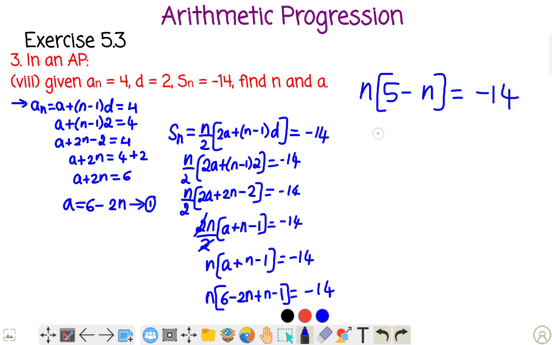So if I multiply and take out, n square is equal to -14. If I shift this n square and the other terms to the other side, I'll get n square minus 5n minus 14